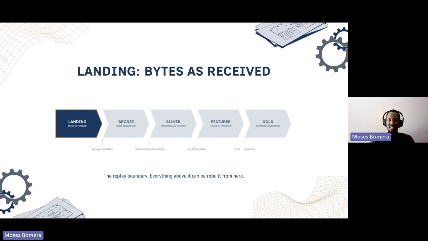But what this also tells you is landing can receive the same data as many times as the source system sends it, or as your own internal ingestion systems read it. And at this point, it doesn't really matter. The guarantee is that the data is there.